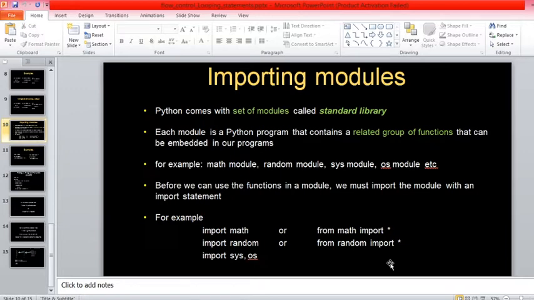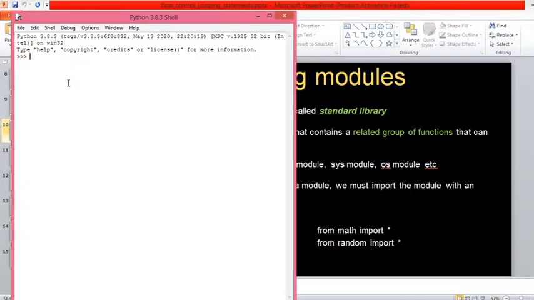Okay. But before we use any module in our program, we need to import that module. Just like in the C programming language we write #include <stdio.h>. With that line it allows us to access the functions available in the stdio.h header file. Likewise, if you want to use any function from a different module, then we need to import those modules in the program. So for that, what is the way to do it? I mean, how to import the modules in the Python program? For that, we have to use the keyword called import. Okay, I'll show you with an example here.